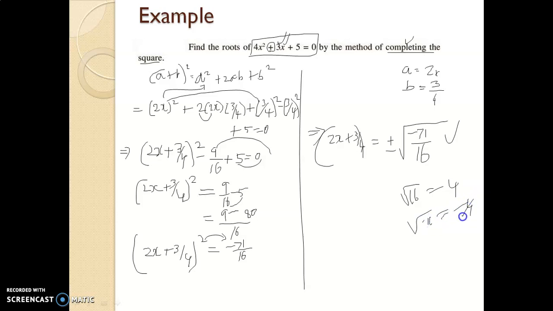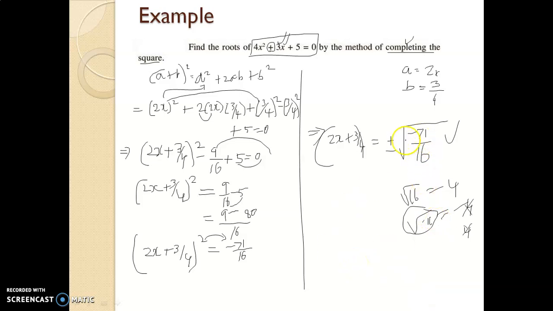Okay, not minus 4 as well as not plus 4. So it is not a real number, that's it. Okay, so real number means what type of number is this one? So it is called an imaginary number. The imaginary number is not there in your syllabus. You are going to learn that in your 11th standard itself.